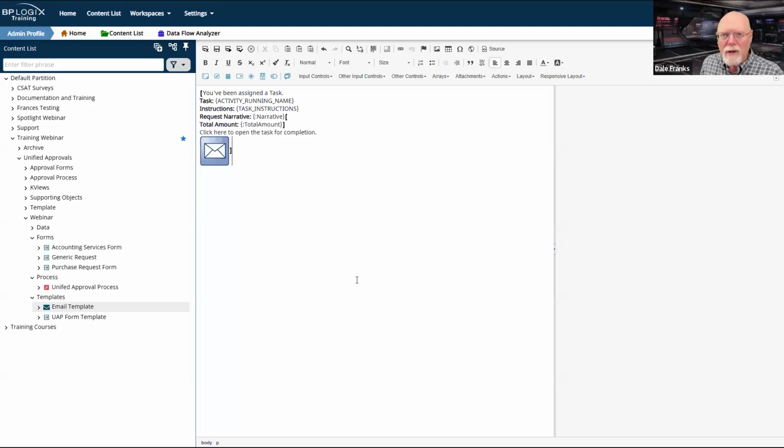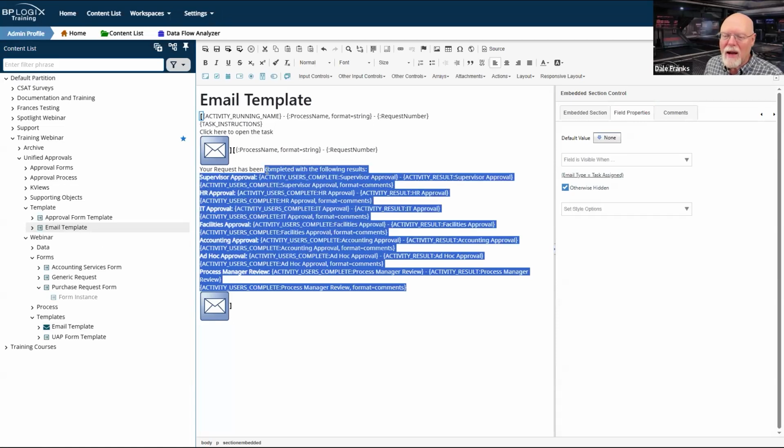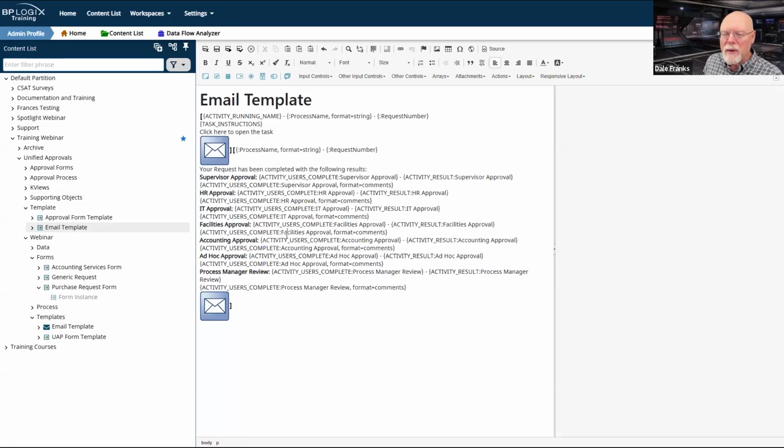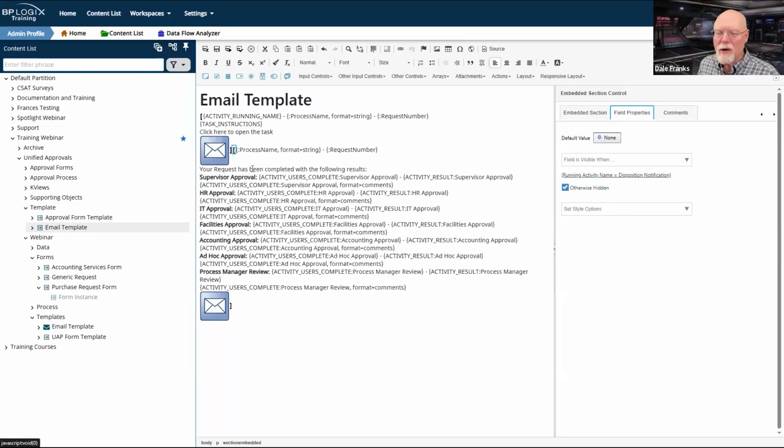So I have a lot of options for the notification to my end user. And one of the things that I did on the other email is I just had this item here. Now, this was a different timeline, so I can't completely replicate this, but I can add this section here that will run on the disposition notification for the end user.